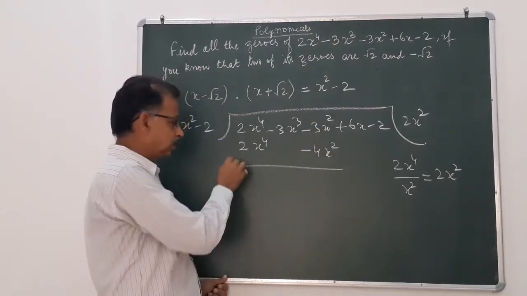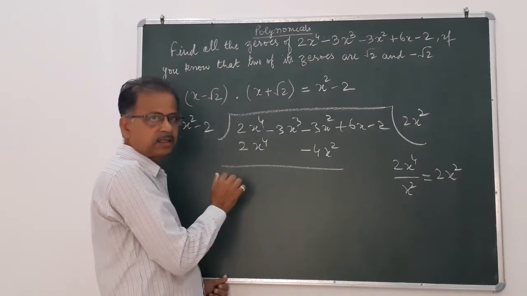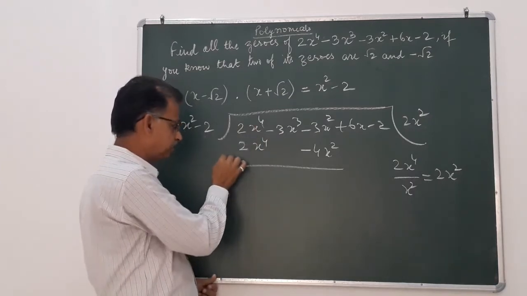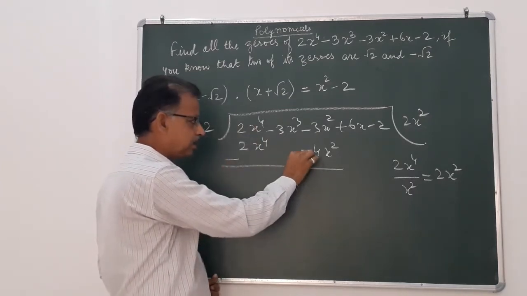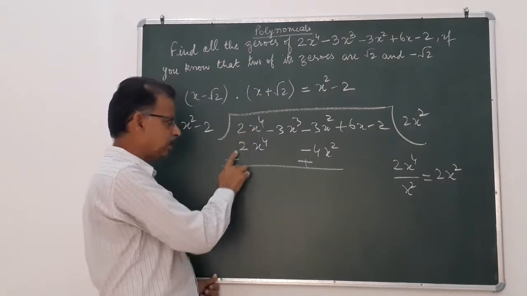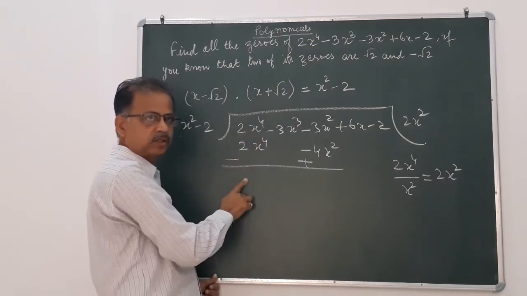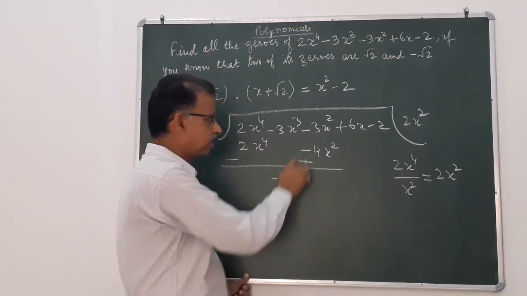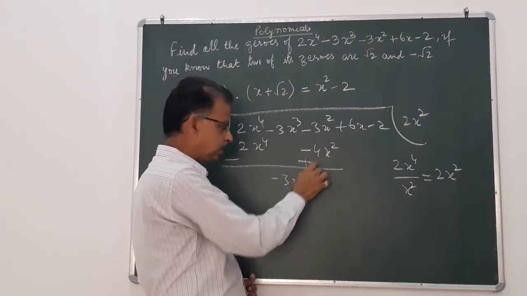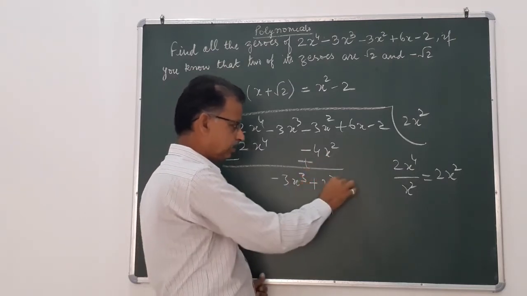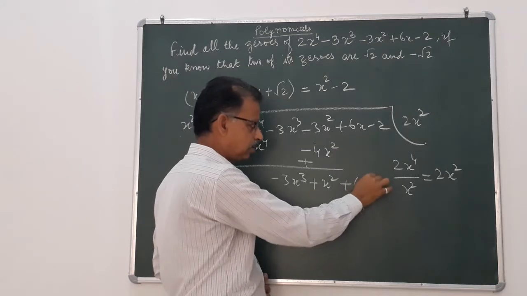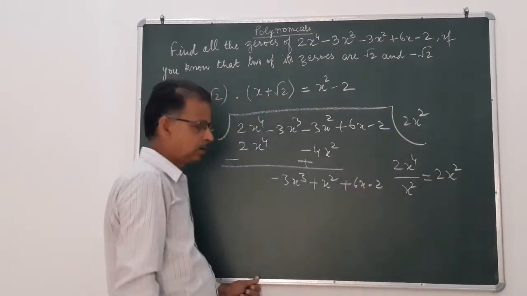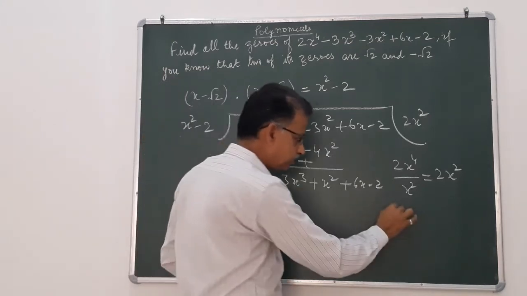So when we add or subtract, we write like terms one below the other. Now we subtract 2x power 4 minus 2x power 4. Sum of these two terms is 0. Minus 3x cube. Now minus 3x square plus 4x square is x square. 6x minus 2. To find the second term of the quotient, we divide minus 3x cube